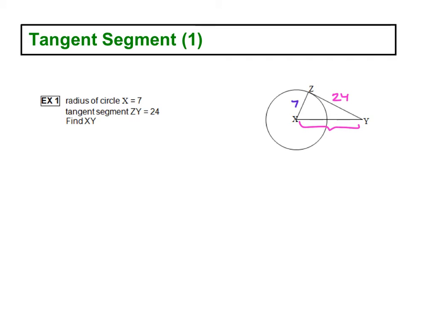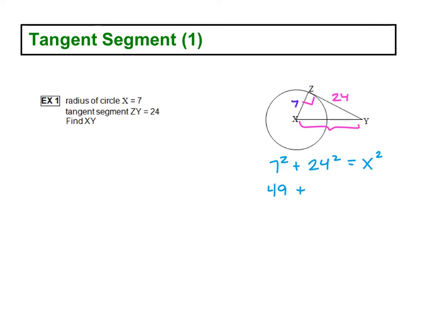Well, you can do this 2 ways. One thing we want to remember is that a tangent or a tangent segment will be perpendicular to the radius, so we are dealing with a right triangle. Anytime you have a right triangle, you can do Pythagorean theorem, where XY is our hypotenuse, so we could say 7 squared plus 24 squared equals x squared, giving us 49